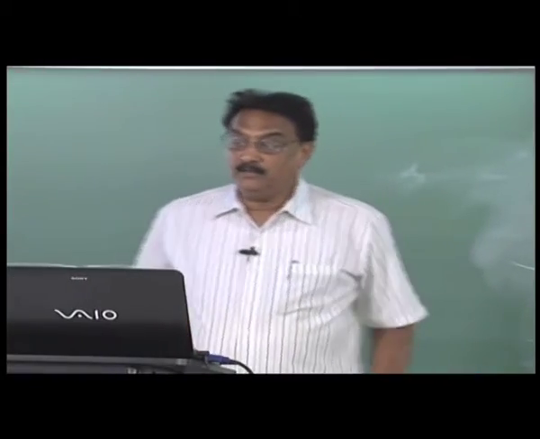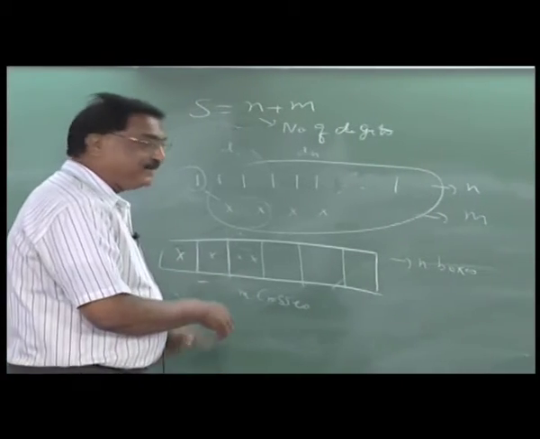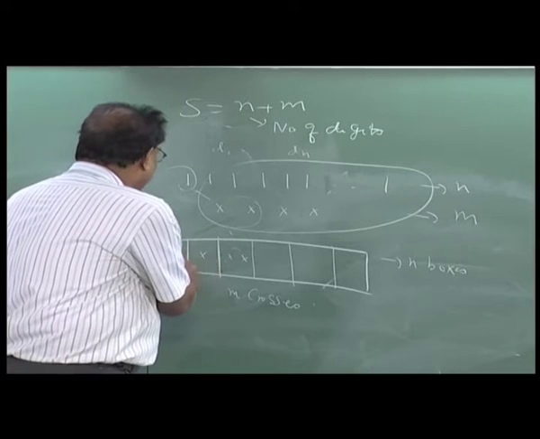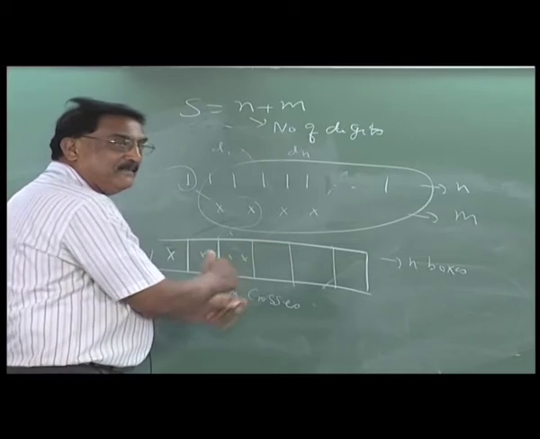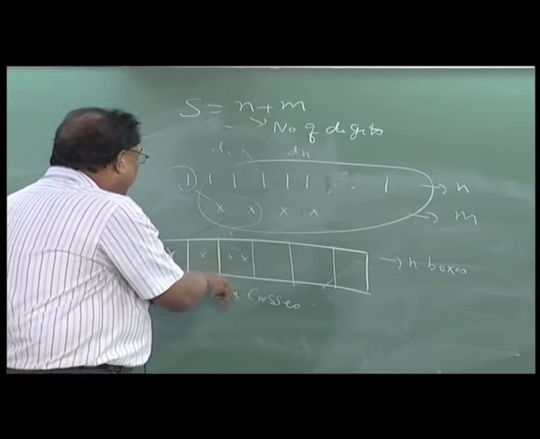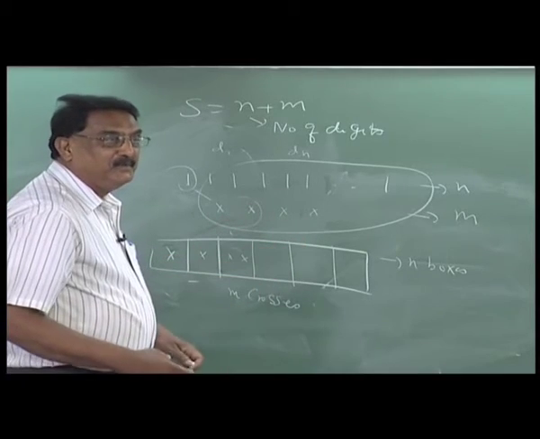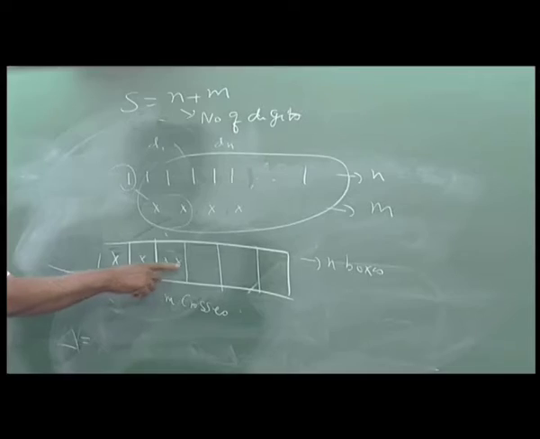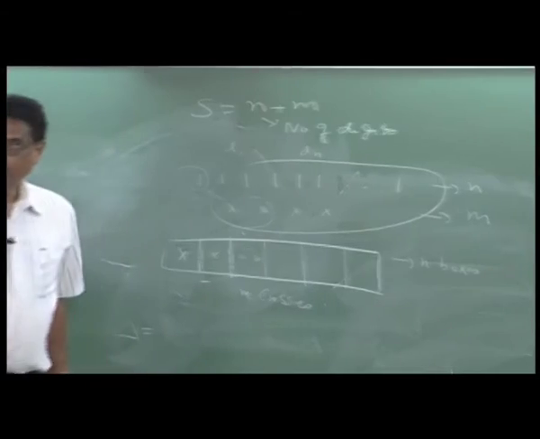So, that is what you do, and then the number of permutations will be as follows. You can permute all these things, because this can be shifted, this can come here, all the things can come here, and like that both the vertical lines and the x's can be permuted together. But if you permute these partitions among themselves, you will not get a new permutation. Similarly, if you permute these alone, you will not get a new permutation.